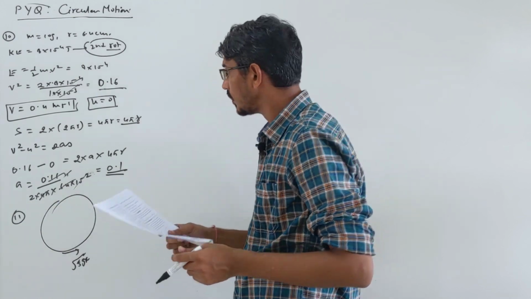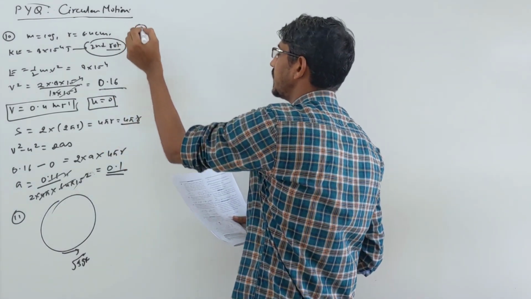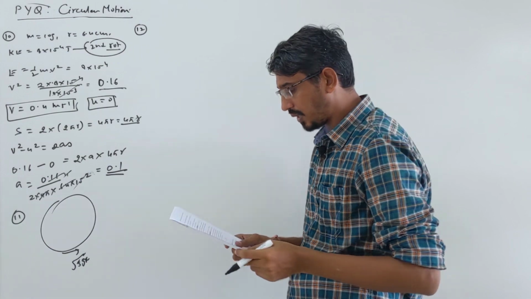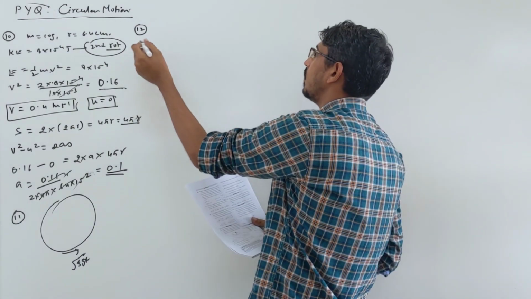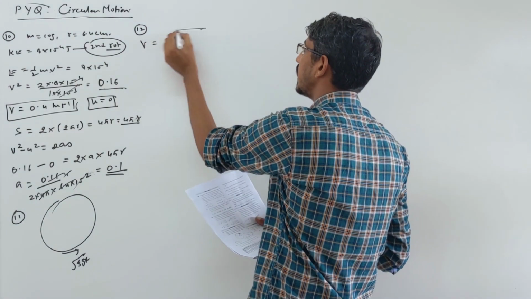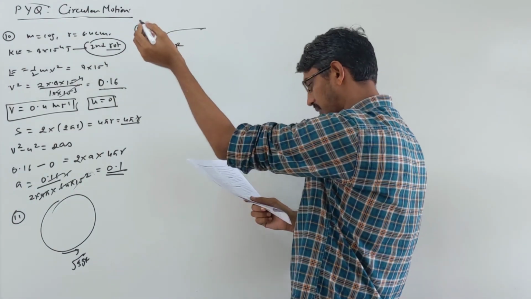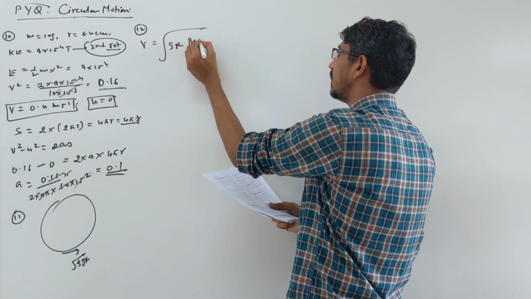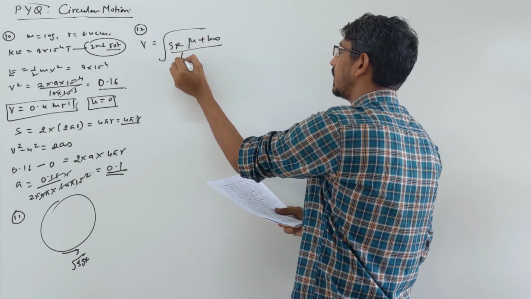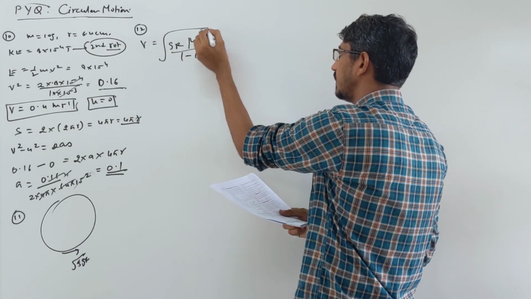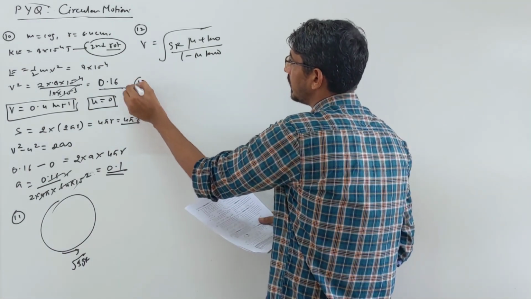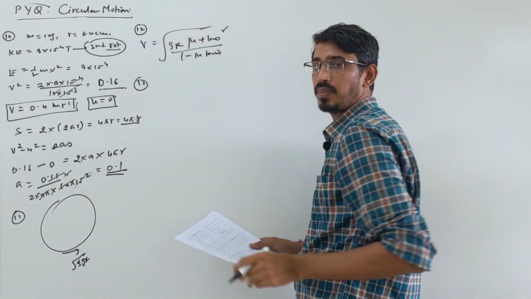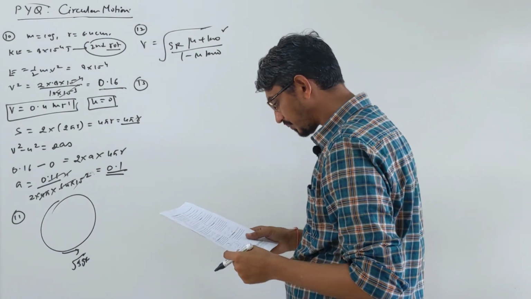Question number 12, we have already done in classroom theory. We derived this formula: if friction and angle of banking both are given to you, then what will be the safe speed? That becomes root gr times mu plus tan theta upon 1 minus mu tan theta, the second option. We have done this. Okay, moving on to problem number 13. If you forget how to do this, please see the notes.